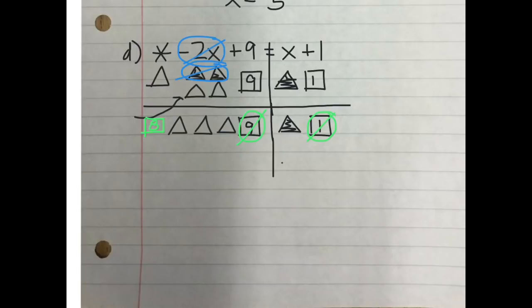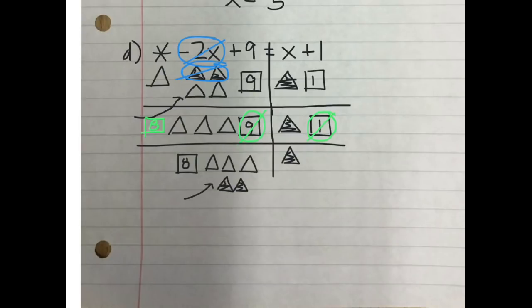Actually, I'm probably going to do a rewrite just because this is my notes and I really want to understand what I was doing. Okay, so our goal again is to get the 8 by itself, because then we can count up the number of triangles we have over here and see what each of them is worth. So in order to cancel out things singly, like cancel out those 3, I am going to bring in